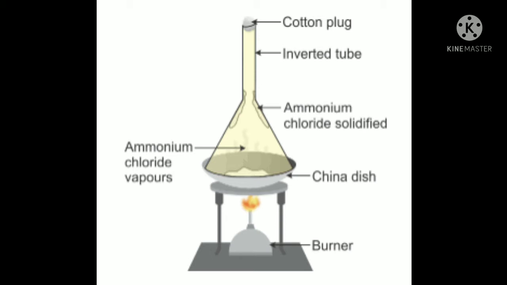I think you can see lower is a burner. So in the china dish there is a mixture of ammonium chloride and common salt. What we will do here is take this mixture in the watch glass. This funnel is a watch glass. Then we'll cover the watch glass with the funnel in an inverted position, and in the